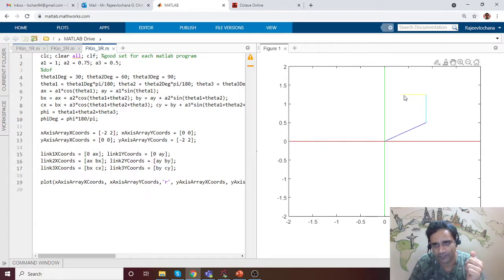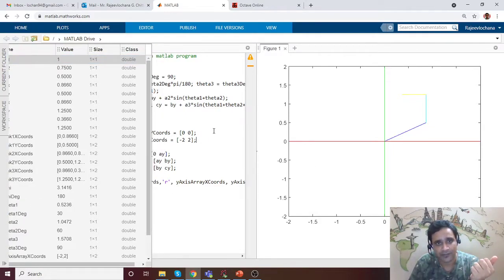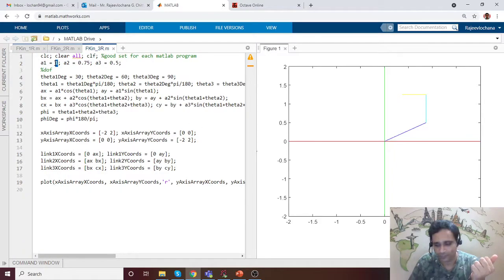So you can see that the point has reached here, and in the workspace if you go, you'll also have a phi, which is pi 3.14 in this case, and you have converted that to degrees. Okay, now if you just modify anything here, accordingly the x coordinate will change. So for example, right now it is 0.366, 1.25. Let me run it now. The length of this blue link will be reduced, and accordingly you can see that the end effector coordinate modified.